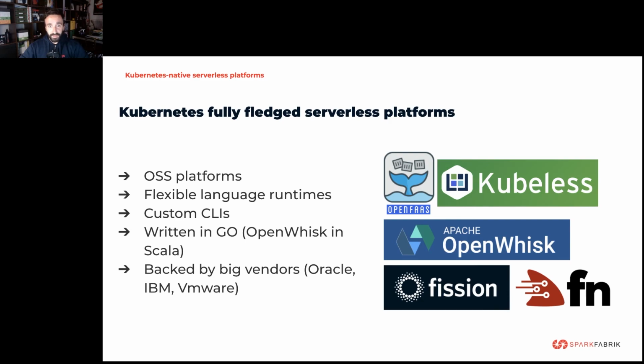Then there are other platforms, simpler and smaller than Knative or KEDA, that I collected here in a list. The most popular ones, like Kubeless from Bitnami, OpenFaaS, Apache OpenWhisk, Fission, etc. They share some common aspects: they are open source, and they are very flexible in terms of language runtimes. They also have a custom CLI to manage the entire life cycle of the platform, which is very important for